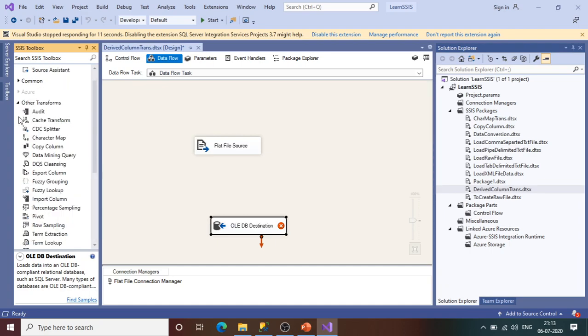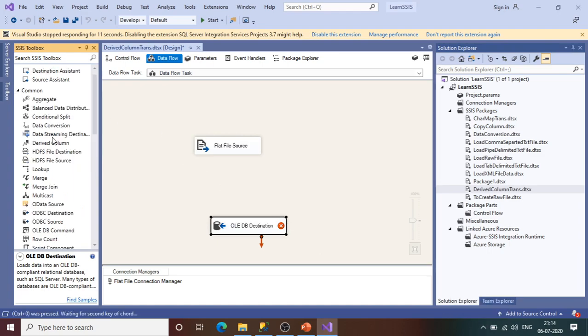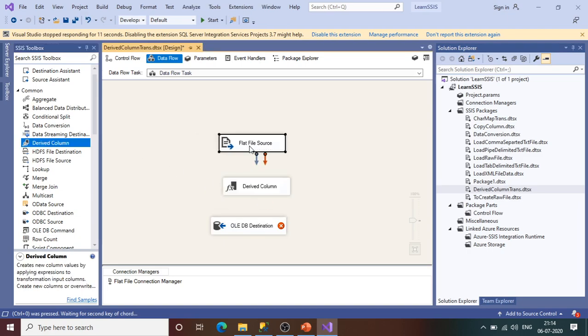इफ जस्ट इन केस यू विल नॉट एबल टू फाइंड द डिराइव्ड कॉलम ट्रांसफॉर्मेशन देन यू कैन चेक हेयर. Okay, so derived column transformation, if you see here, yes, this is the option. If you see, these are actually a number of functions. If you see this sample fx, it means you can apply a number of operations or functions on the existing columns to create a new derived column, as per your requirement. So here you can attach it.